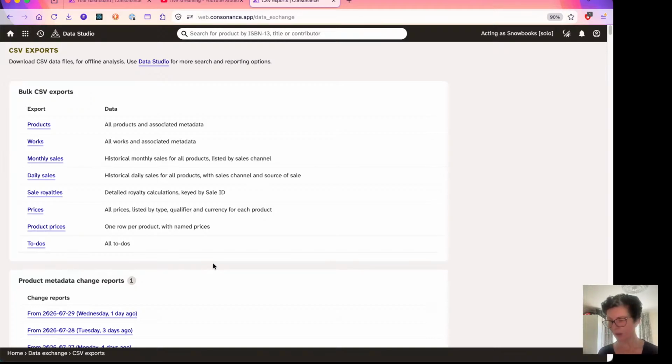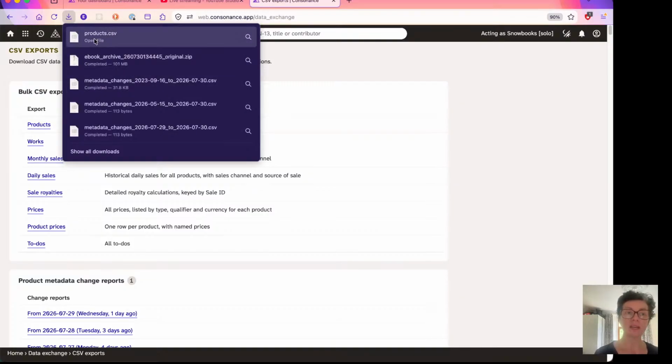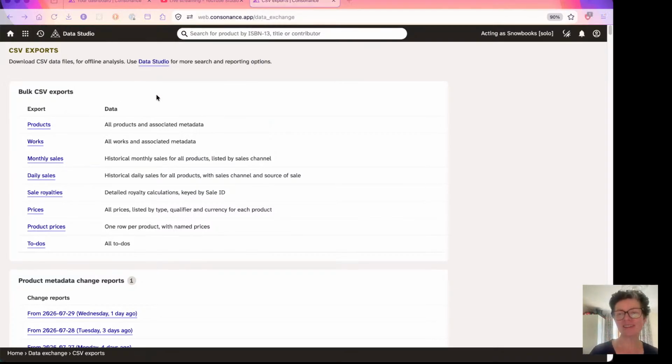So I'm leaving aside technical ways to get data in bulk out of the system now, because there's our GraphQL API and there's various other complex feeds that you might want to ask us about. But here we are on a web page that you can get at, and you can click on these links, and that's as complex as it gets. So I'll click on products. It's a bit depressing actually, isn't it? 25 years of publishing, and that's how long it takes to download the products list to the desktop. So you can do that for